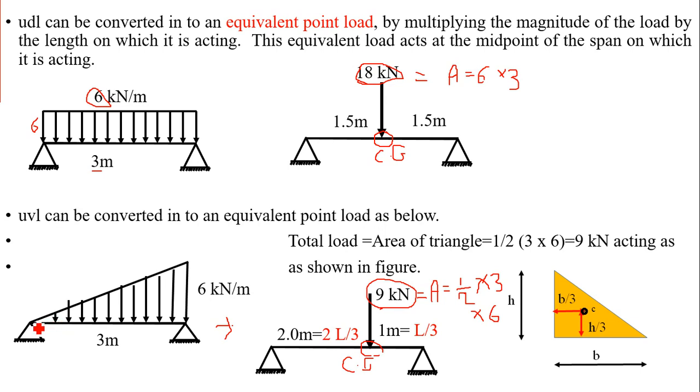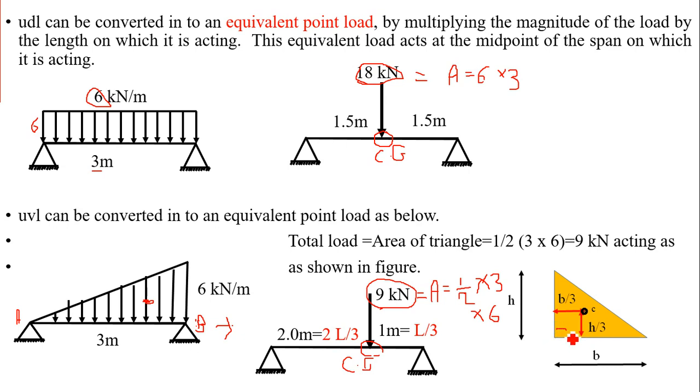So if I want to find out the CG or locate the CG of this triangle, which is somewhere located over here, from this end, or we can say from point A, it is located at a distance of 2/3, and from point B it is located at a distance of 1/3. So 2/3 of L, that is 3 meters, gives 2 meters, and 1/3 is 1 meter. So this will be located 1 meter from end B and 2 meters from end A, which is nothing but like this.